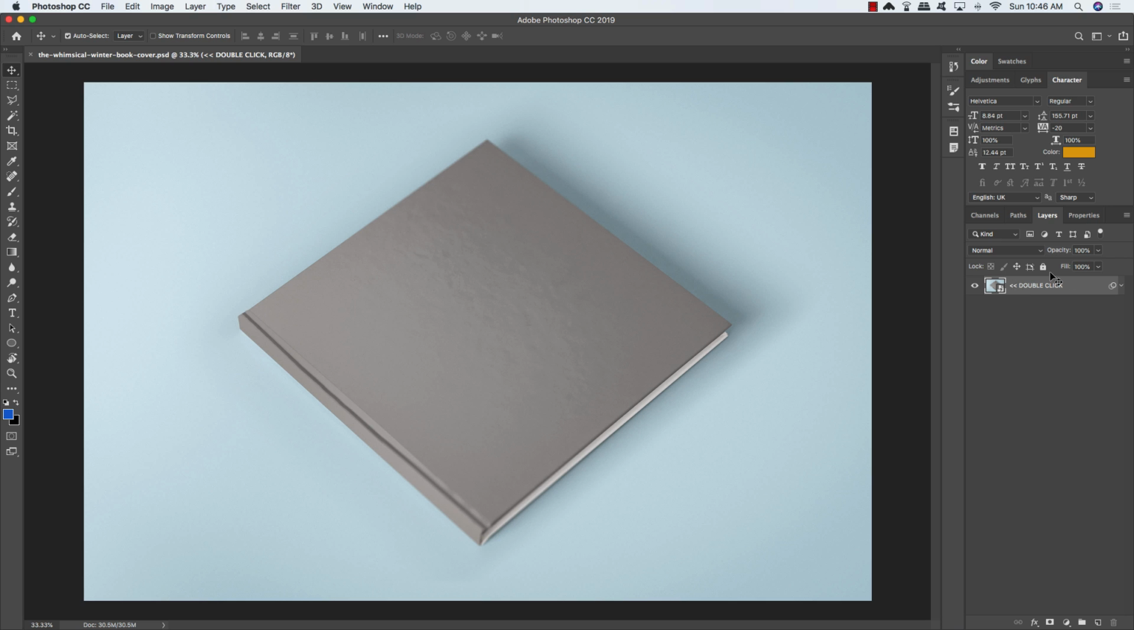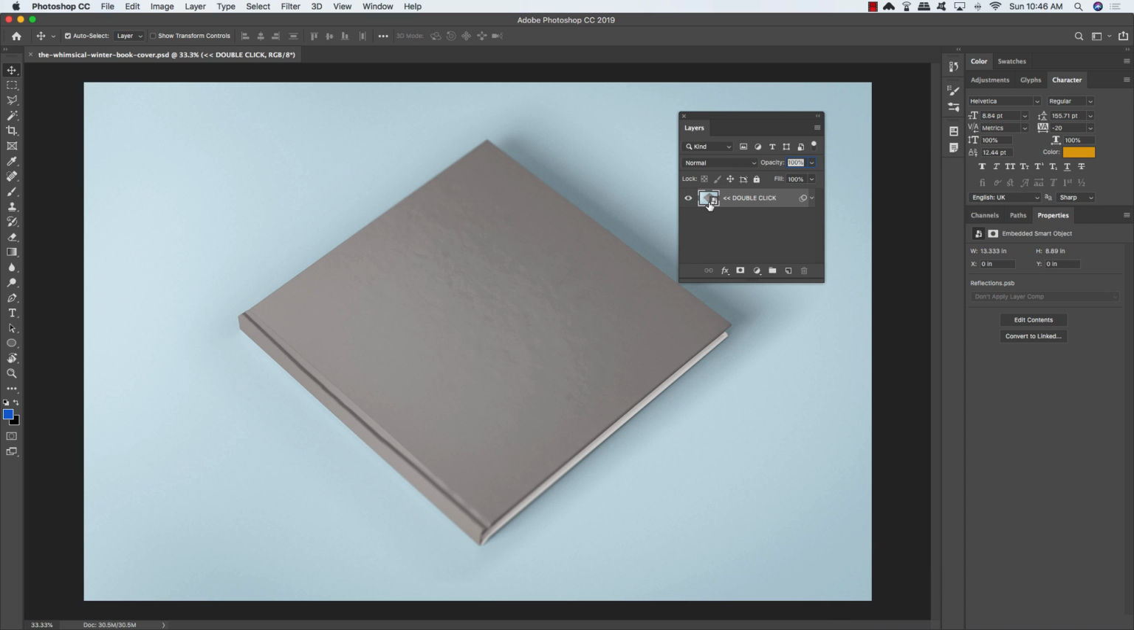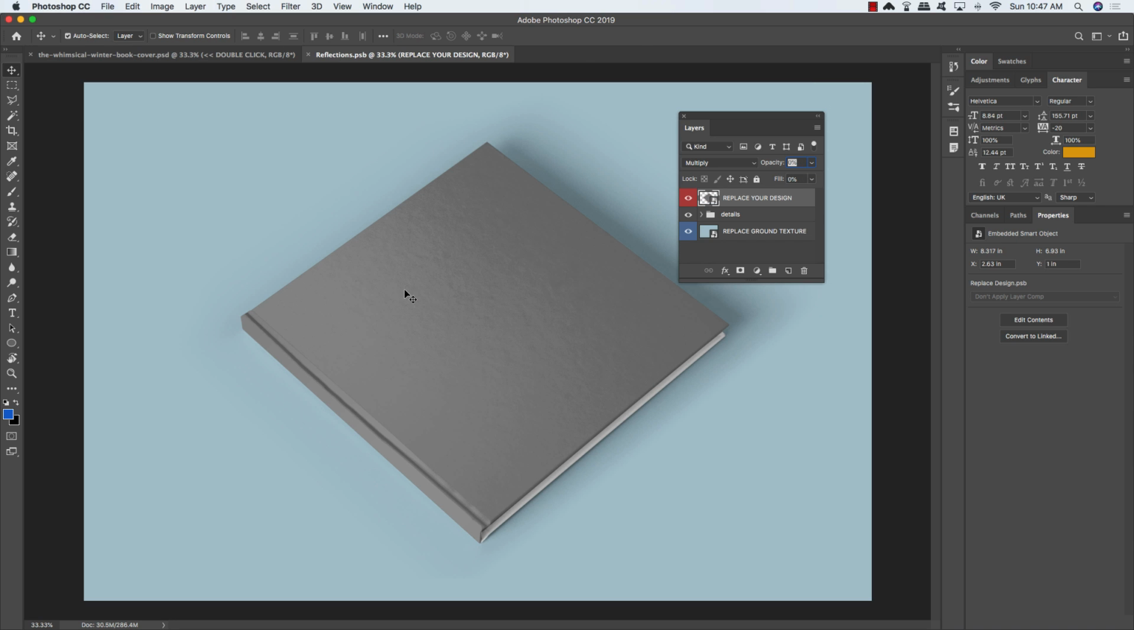Now once you've saved your file as a new name, let's go ahead and take a look at the layers that we have available here. And you'll see at the moment we only have one single layer. So let's go ahead and double click that Smart Object layer to go inside of it, and we will be one level down. Now once you're inside in this second level of the mockup here, you'll see that you have a few more layers, and the first one that we're going to work with here is the one that says Replace Ground Texture. So once again, go ahead and double click on that to go inside,